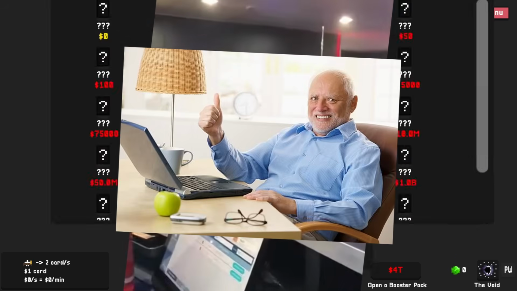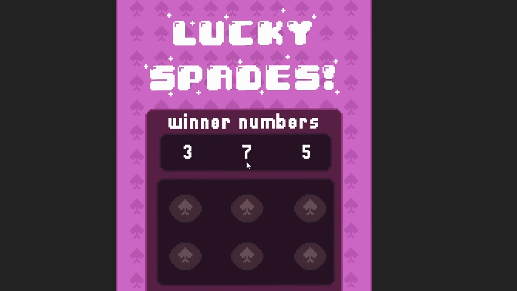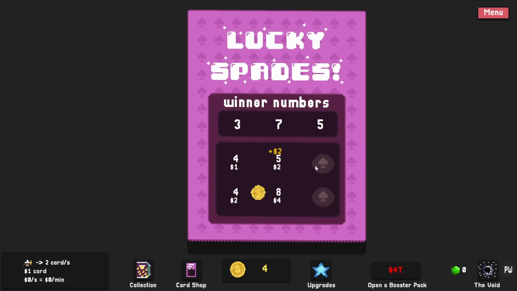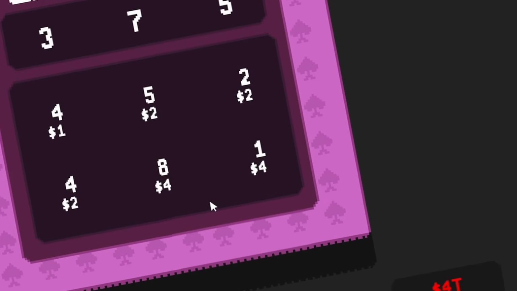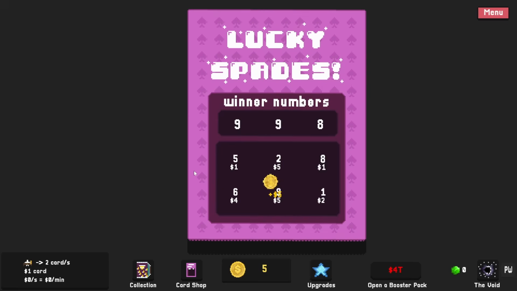So today we're abusing the lottery system to make enough money to retire, and we do that by buying some scratch cards, like this Lucky Spades here that have some winner numbers on them. 375, so we just scratch, and then we get a 5, so we get $2. And then the last one is no winners. But we have more money than we started with, so we just keep going through there, get some more money